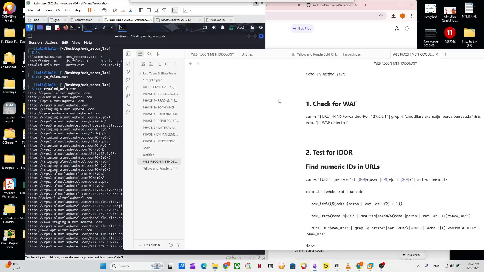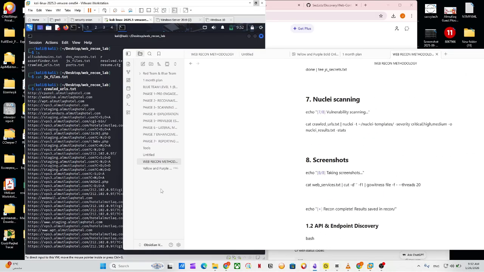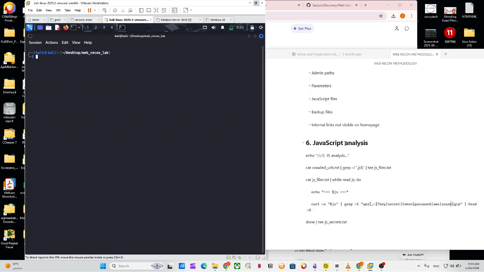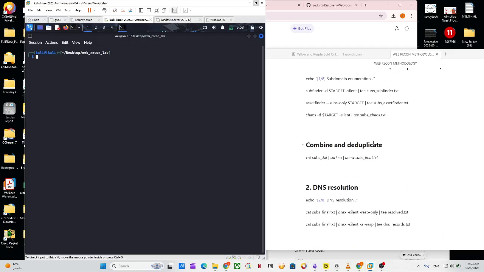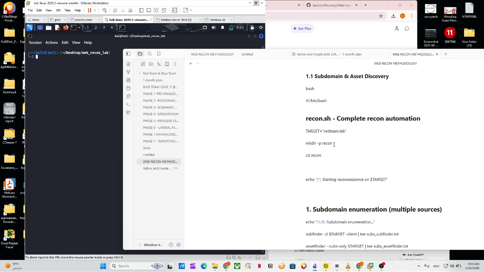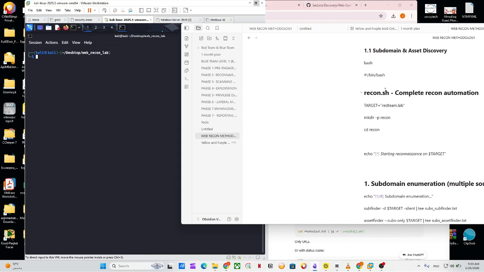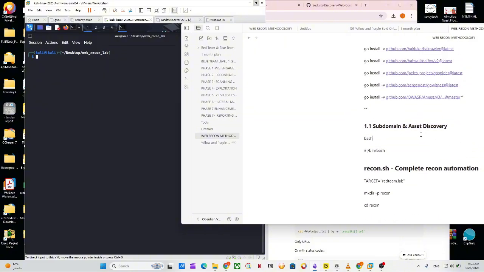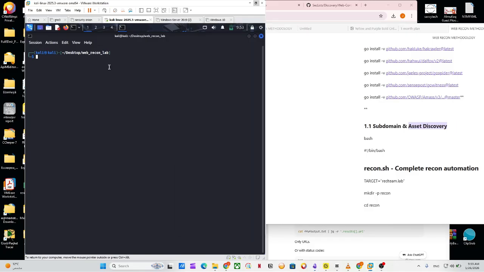Yeah, so we were actually going to go here. Actually, I just want to review what we did exactly. So first we were able to discover subdomains and assets, right? We used the subfinder tool, and